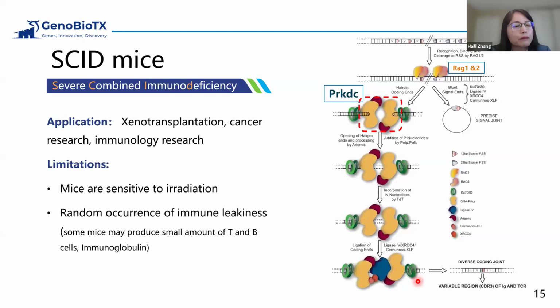But there are two limitations of this model. First, since these mice have defects in DNA double-strand break repair, they are sensitive to irradiation. Second, some mice may produce a small amount of T and B cells and immunoglobulins, leading to immune leakiness. So to overcome these limitations and improve the utilization of this model, scientists got ideas by understanding the